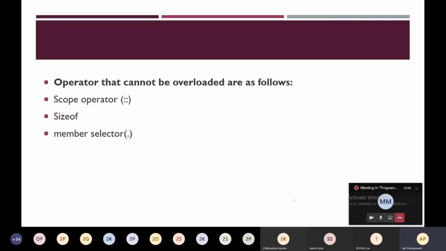Then the dot operator, that is the member selector. You can't overload this operator. Then the pointer selection, that is asterisk. You can't overload this operator. And the ternary operator, question mark and colon, is also not overloaded. The rest of the operators you can overload.